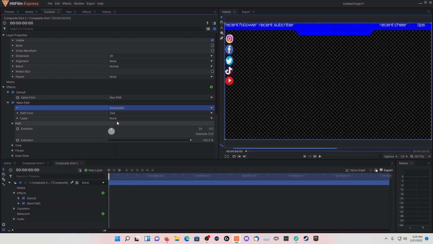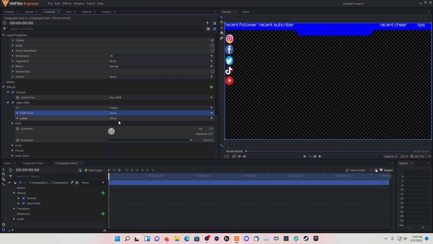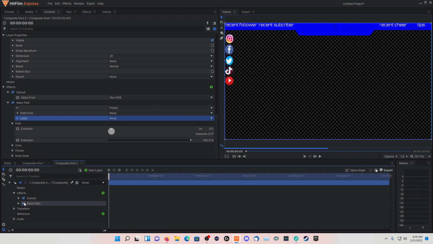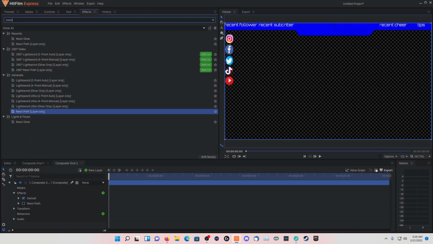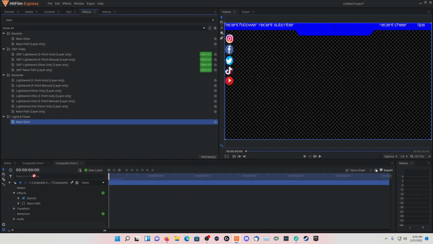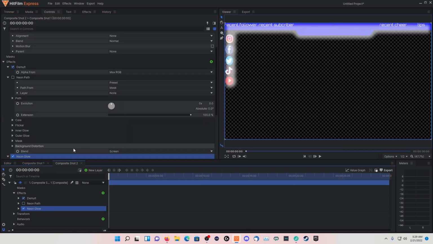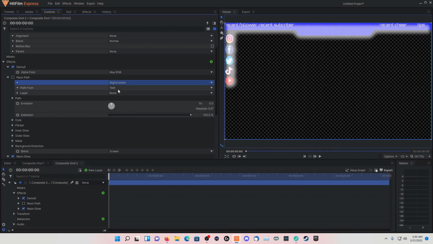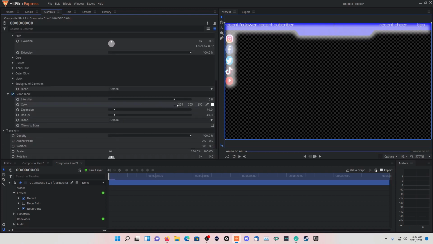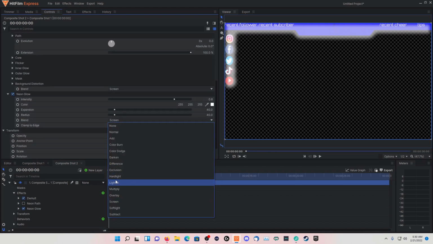Got reset here. Right now, I'm not gonna do that. Now let's go ahead and then trial and error. We're gonna do the neon glow here. Neon glow. Okay, so it's gonna do all of it, which is okay with it. Okay, now we'll do, let's see, night color. And then try to do that. Oh, we're still in the on path. Sorry about that. Alright, so let's do